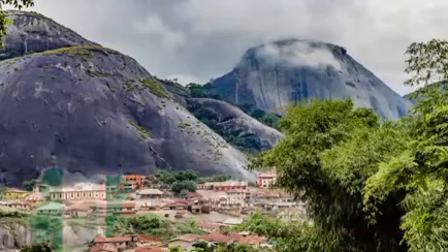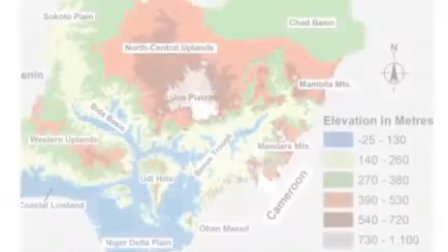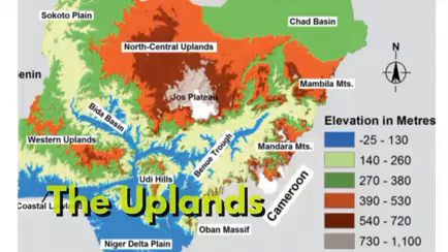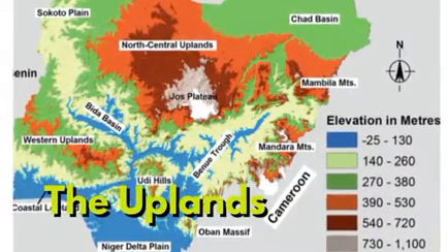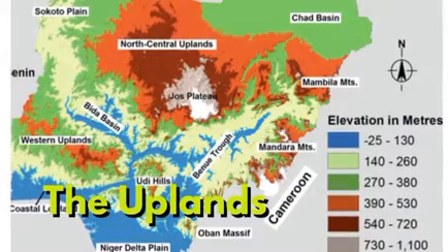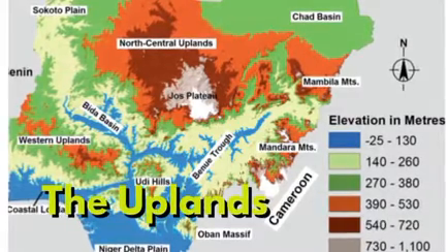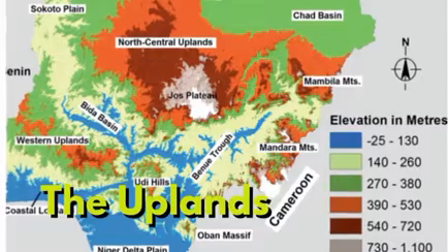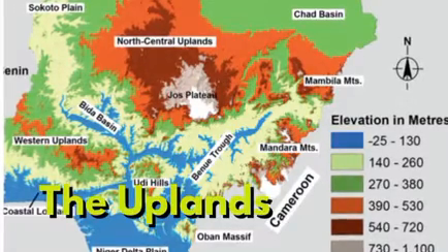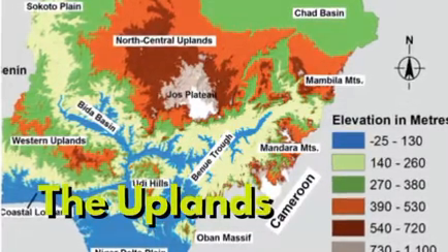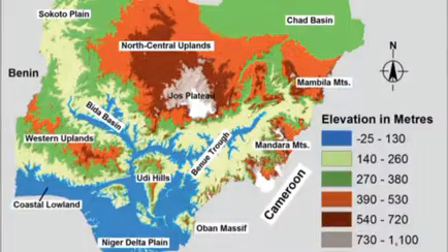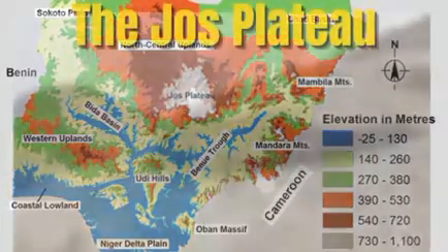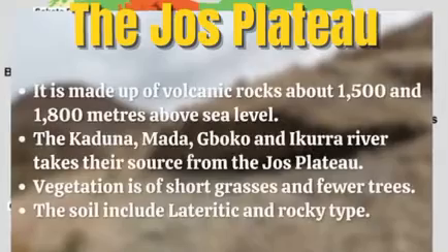Basically, the uplands in Nigeria are divided into about five regions, where we have the high plains of the Hausa land, the Jos Plateau, the Western High Plains, the Eastern Highland, and the Eastern Scarpland. On our map, we can see it delineated, where we have the North Central upland as well. Talking about the Jos Plateau,